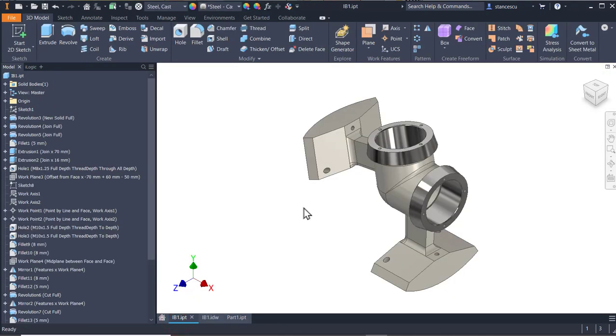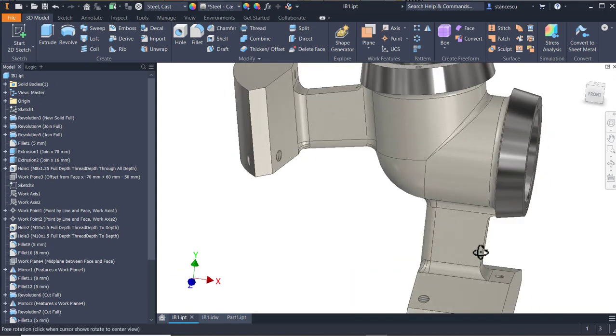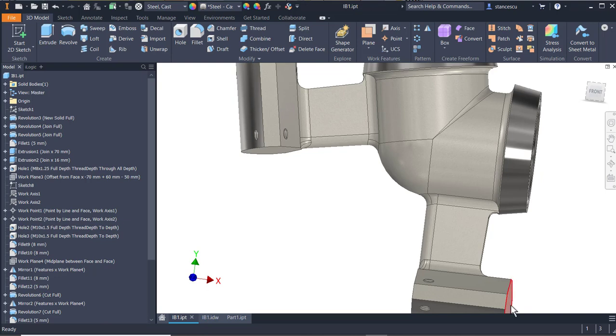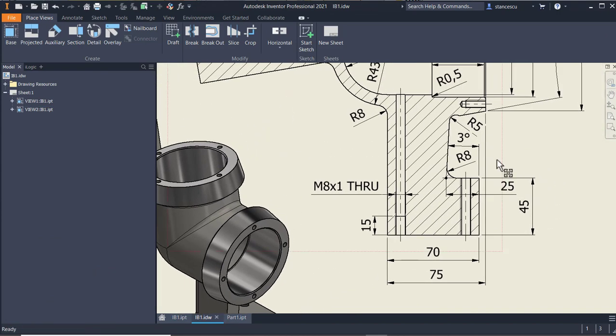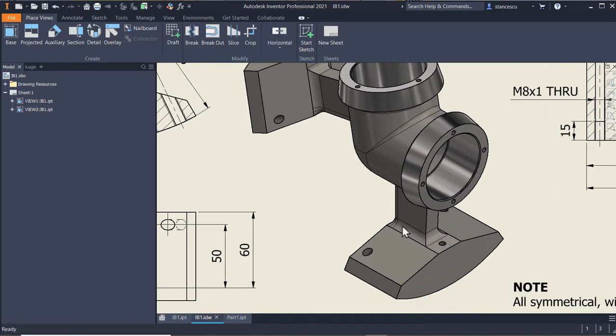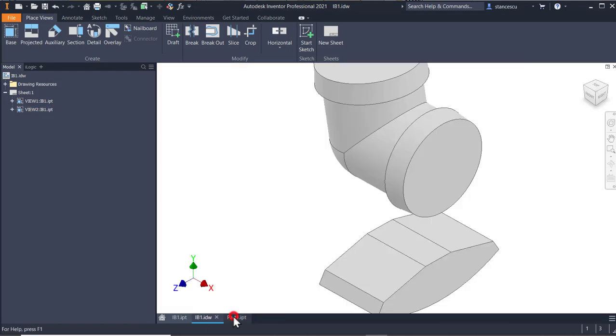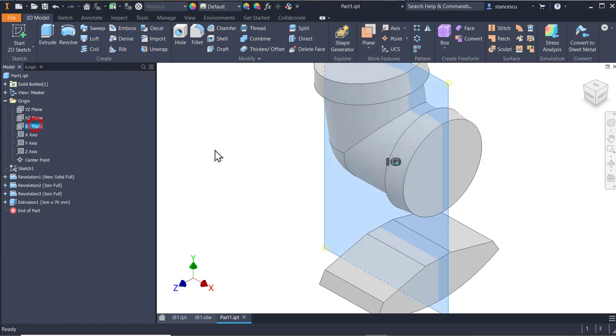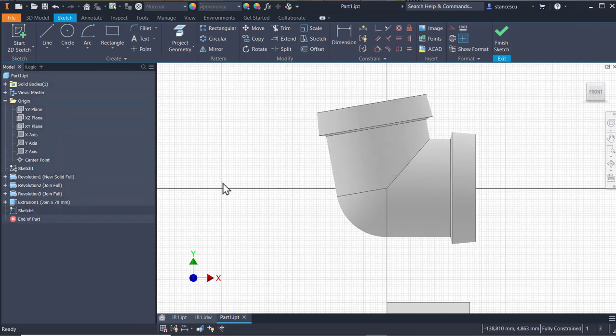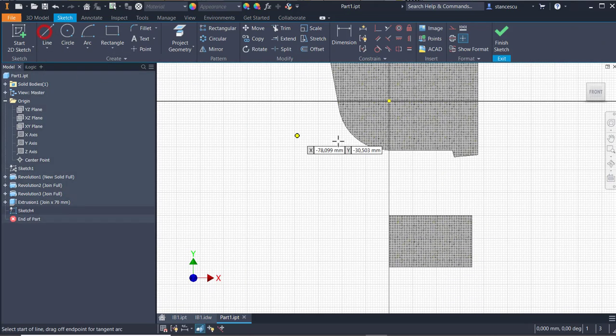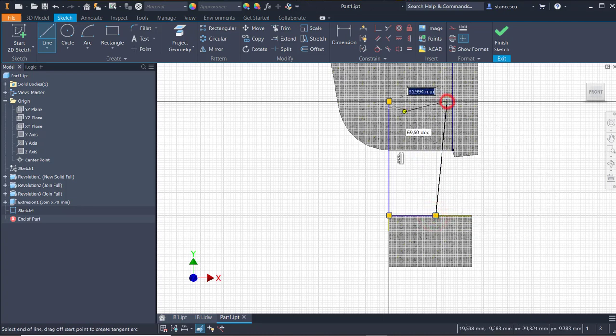Okay. Now the connection is this. Yes. If we take a look to the part, we see that connection. 3 degrees is the angle here between these two, and the other dimensions are in the drawing here. 25, 3 degrees, and 45 is the dimension of this. Okay, the plane is XY. F7, and we draw a line from that point to this point, and another sloped line to here and back,